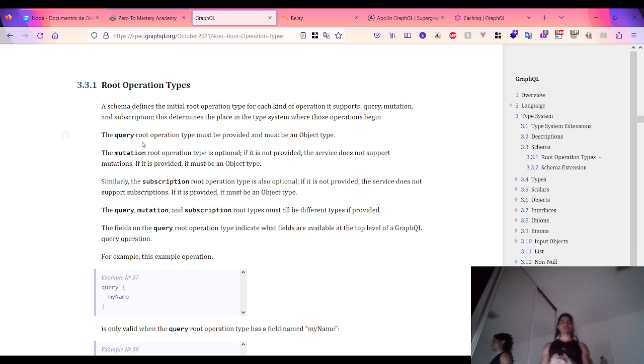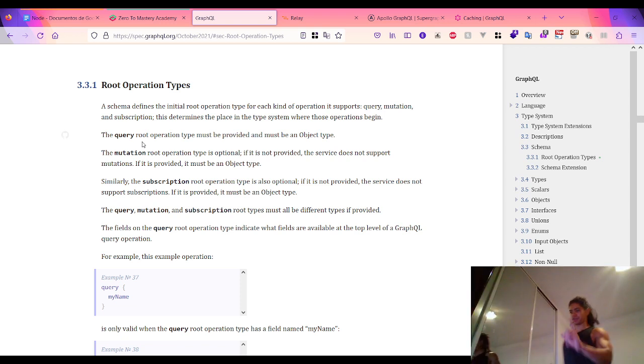So the root operation types, let me turn on the lights, much better. Okay. Yeah. So the root operation types